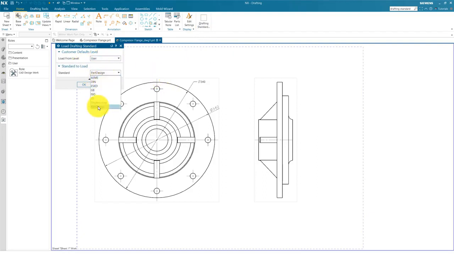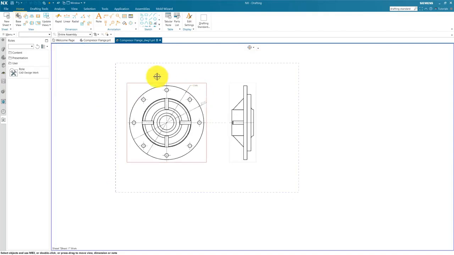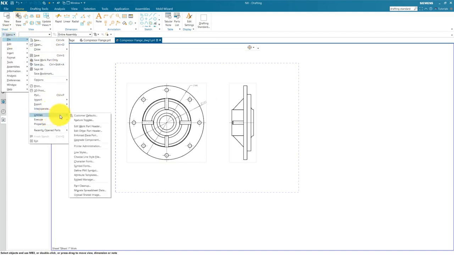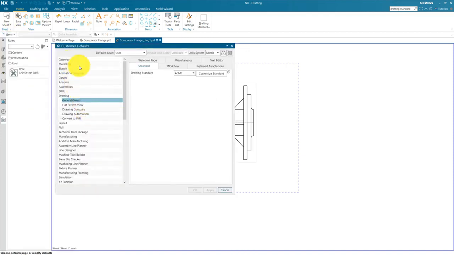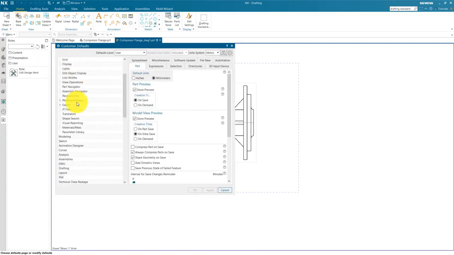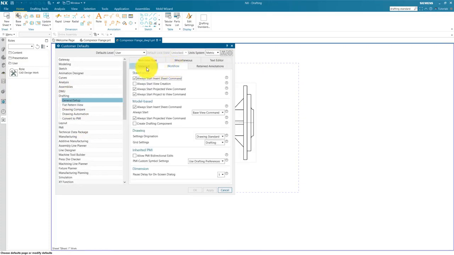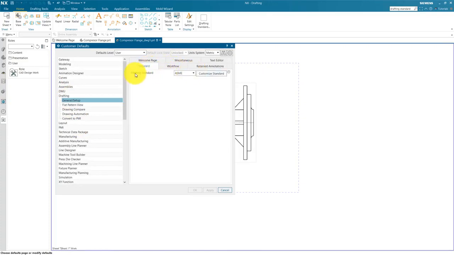So the question is how to create this drafting standard. You need to go to menu, file and utility and customer default. Inside customer default you find a list: gateway, visualization and modeling, sketch. You need to select drafting. After selecting drafting, here you need to select standard. Here you see drafting standard and customize standard. To create a customized standard, you need to take a reference of an existing drafting standard. For this example, I am taking reference of ISO and go to customize